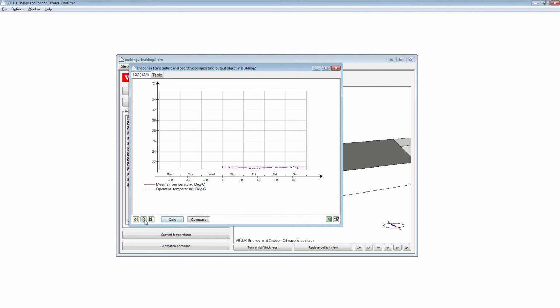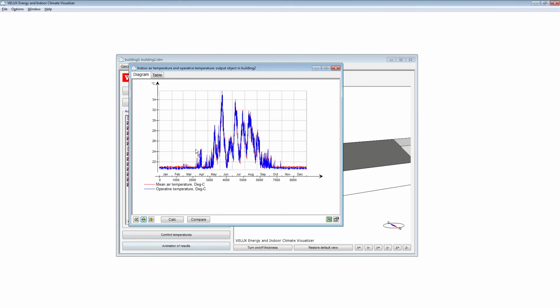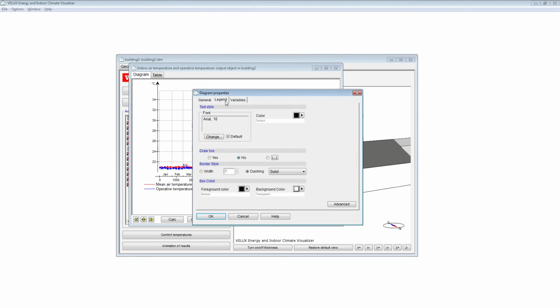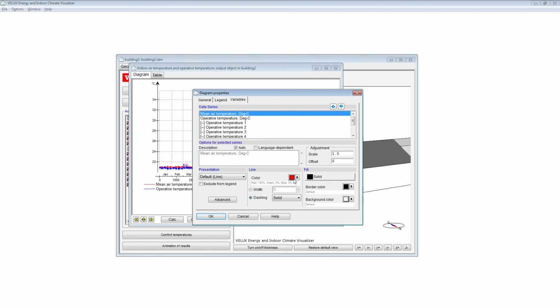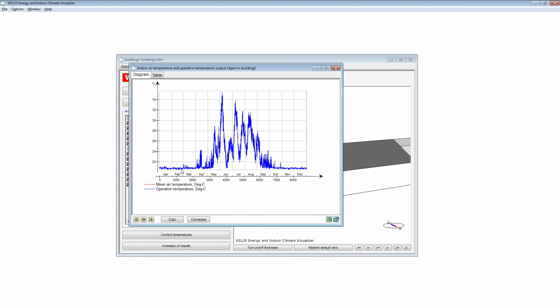Also, we can change the way we visualize our temperatures, and what we're interested in is actually the operative temperature. And I could just switch the mean air temperature off. Just omit this, do not show. Okay, so now we have just the operative temperature here. To post-process our data and get relevant sections out that are more easily interpreted and better visualized than this tool can do, we can export our data.